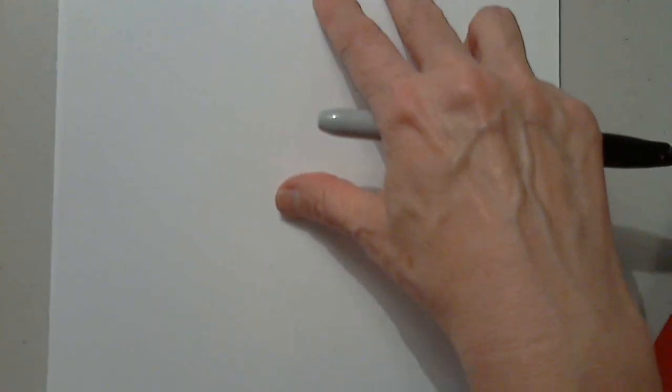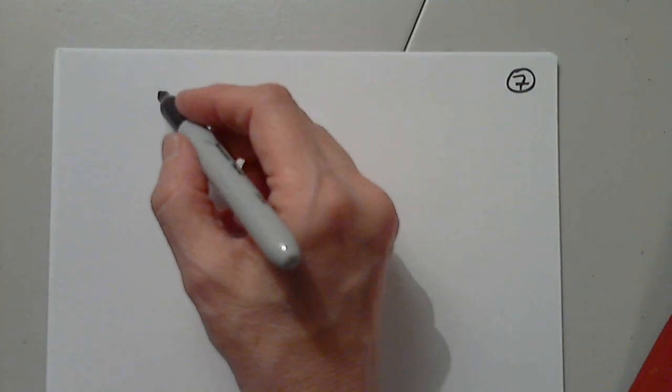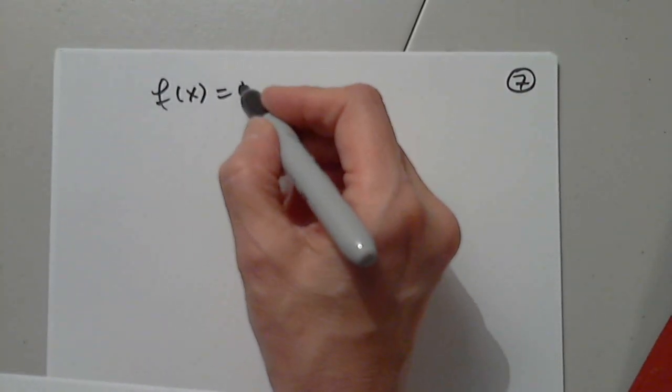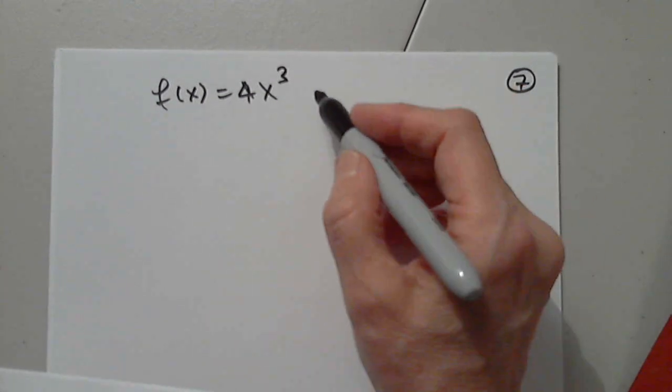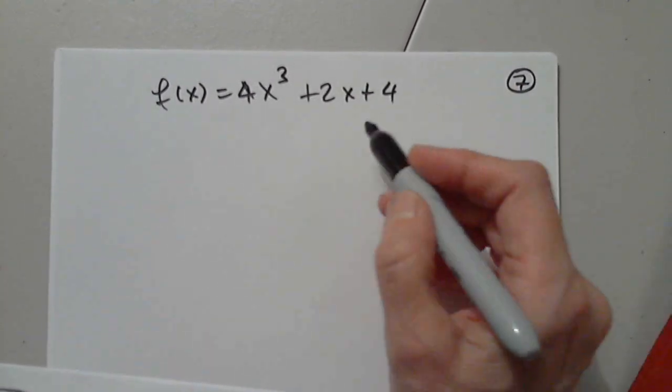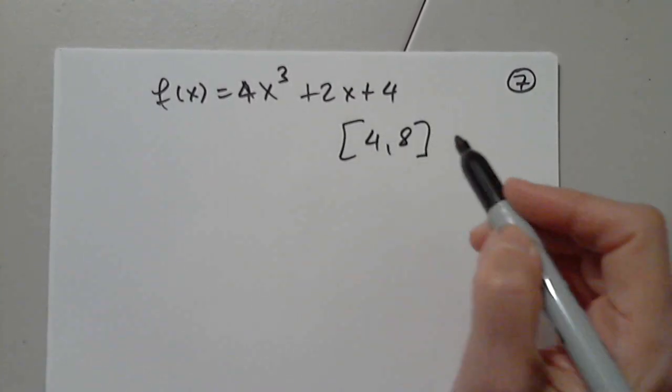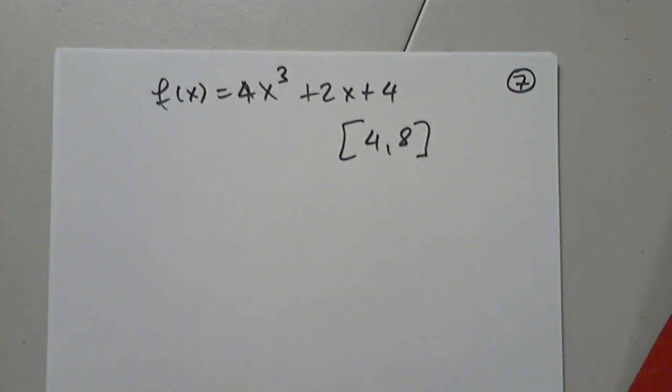That's my page 7. I'm going to write the function again. 4x to the third plus 2x plus 4, and the interval was 4, 8. So it was a very good pick. The question is,